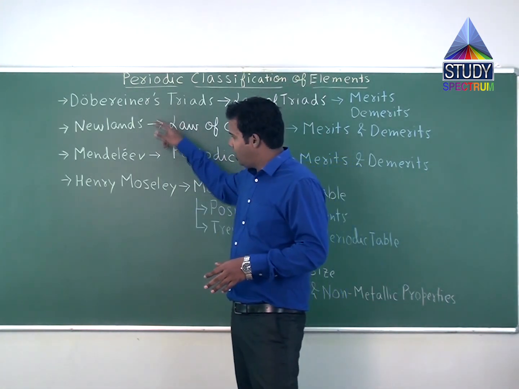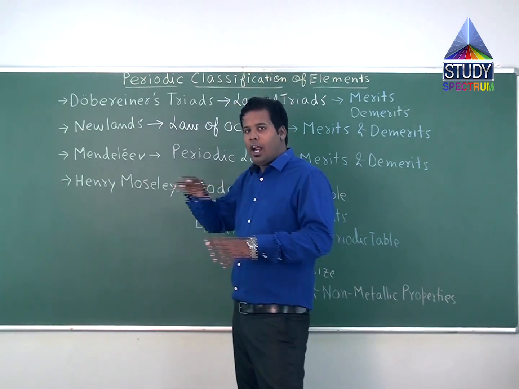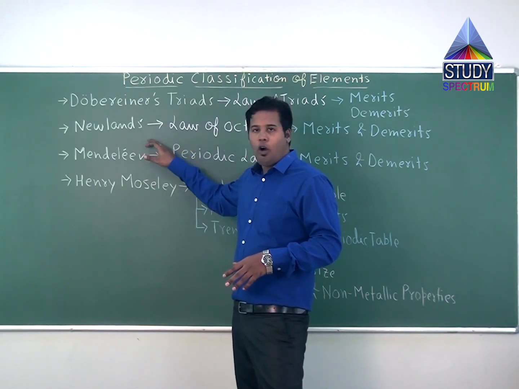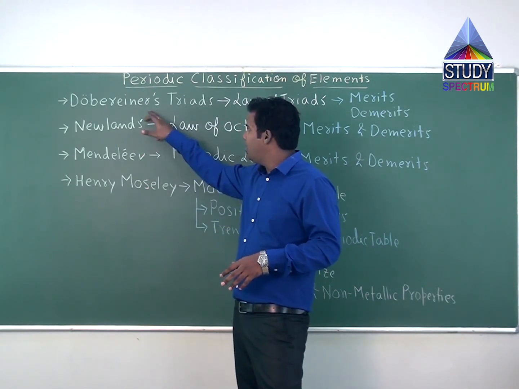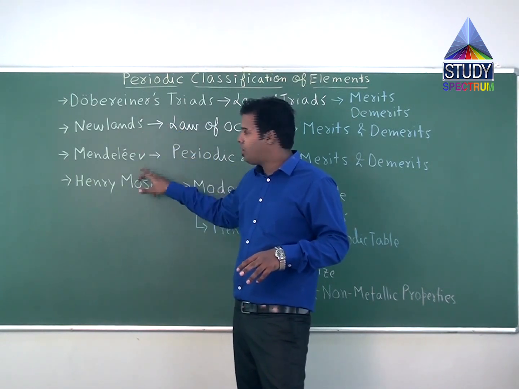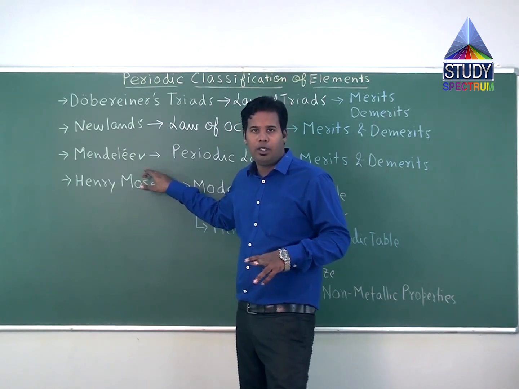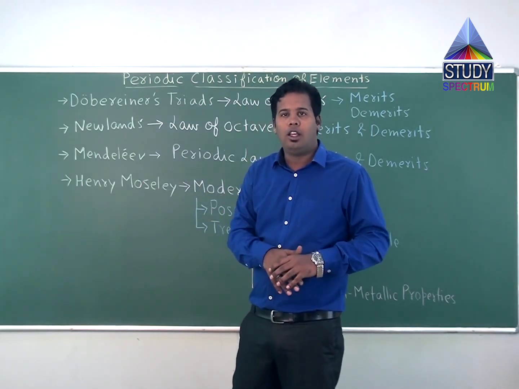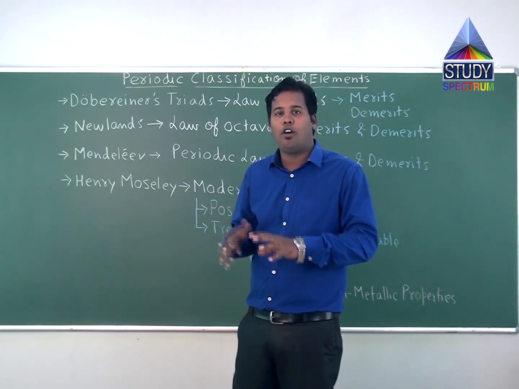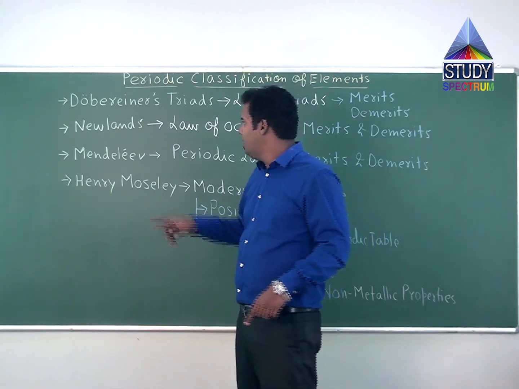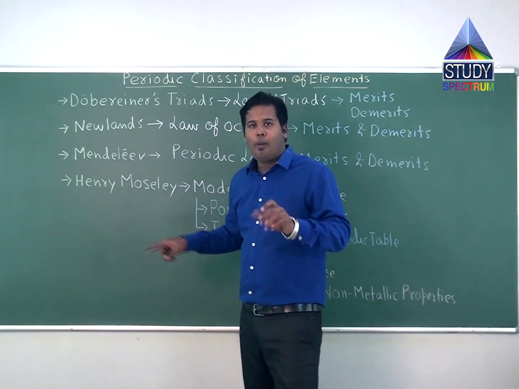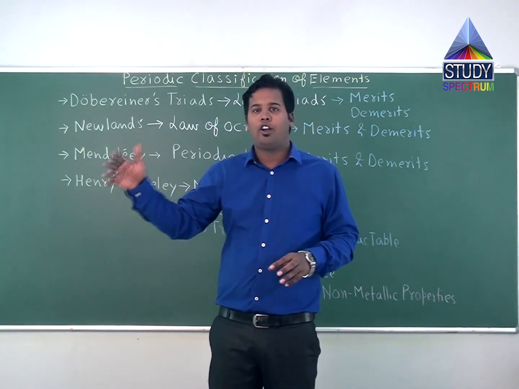Now let me tell you one thing. There was a common feature. We'll try to understand everything in detail, but there was a common thing between all these 3 earlier scientists. In roughly 1813 the German scientist, in 1867 Newland, and after him the Russian scientist Dmitry Mendeleev. All 3 had a common basis, that was increasing order of atomic masses. Do not forget, that was the reason because of which these 3 scientists failed. Their common basis was increasing order of atomic masses.